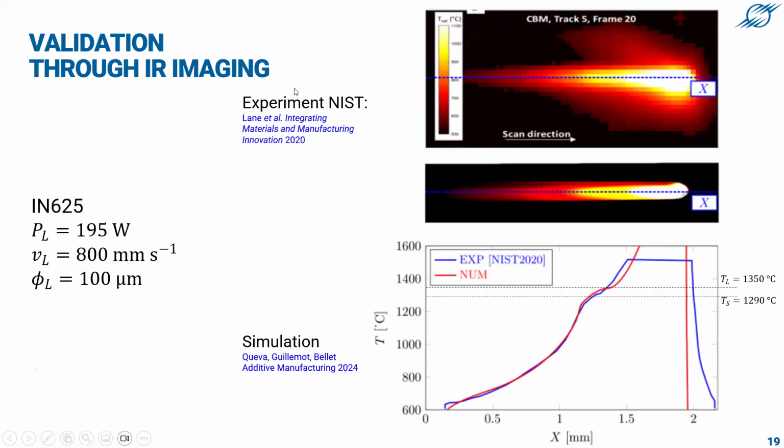Regarding validation, infrared imaging is really a wonderful tool once calibrated. There are a lot of issues behind this, but I don't insist. We made a very nice comparison in the PhD of Alexei Keva with respect to infrared imaging experiments from NIST, North America. Here you can see the longitudinal scanning direction, X, and this is where the laser is at the front, and this is the melt pool, this is the solidification transition, so the mushy zone, and